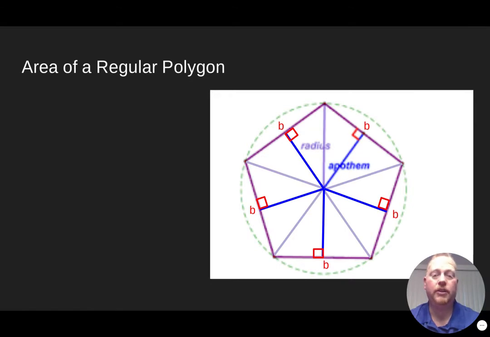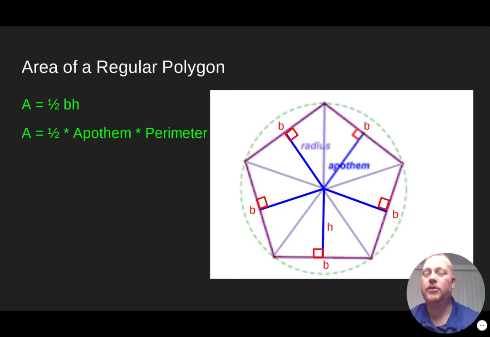So I just went ahead and labeled each side the base, and I can label the apothem the height. If I know that the area of a triangle is 1/2 base times height, I can add up each base. And when you add up each base, that's actually the perimeter of the shape. And then the apothem is just the height. So that way we come up with this formula that the area equals 1/2 the apothem times the perimeter of